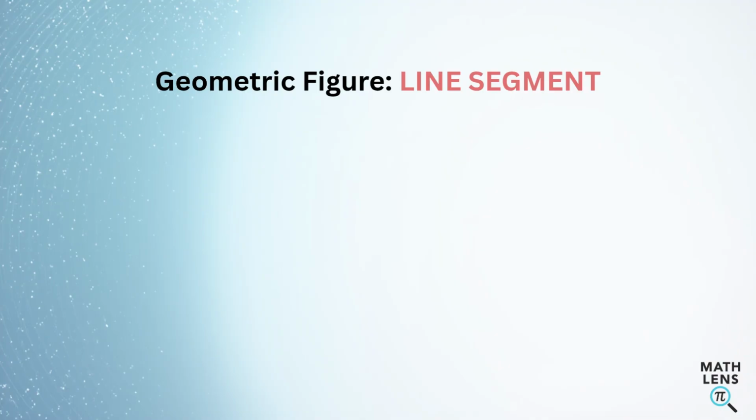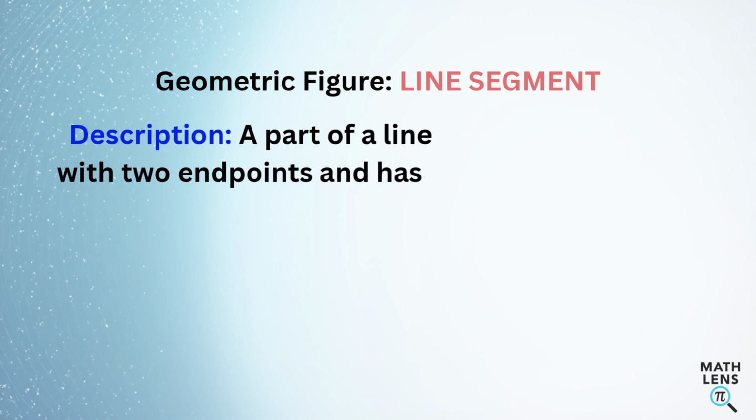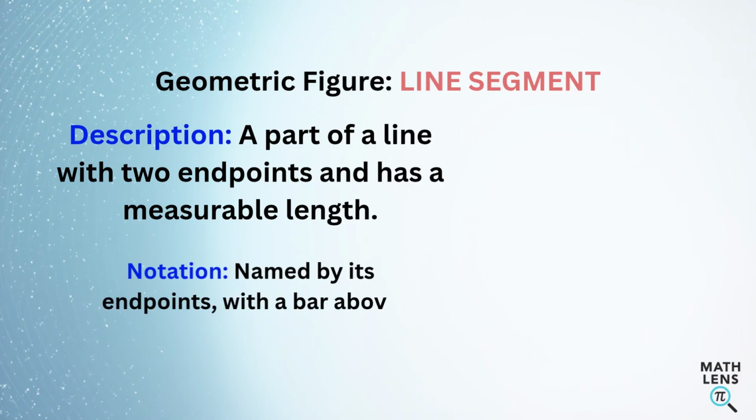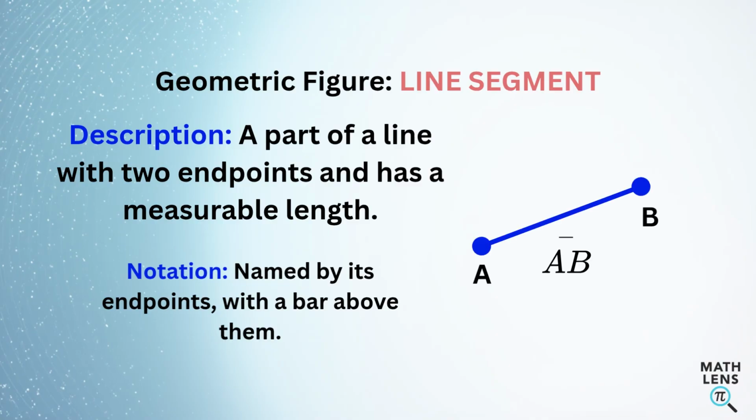Another geometric figure is a line segment. A line segment is distinct from a ray in that it has 2 endpoints, meaning it does not extend infinitely. Instead, it has a measurable length that we can quantify and work with directly. The notation for a line segment is straightforward. We name it by its endpoints, like point A and point B, and represent it with a bar placed above